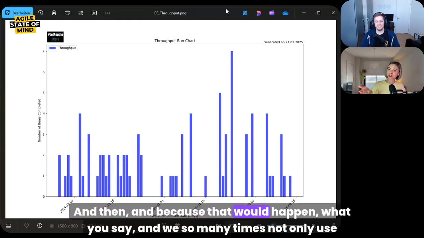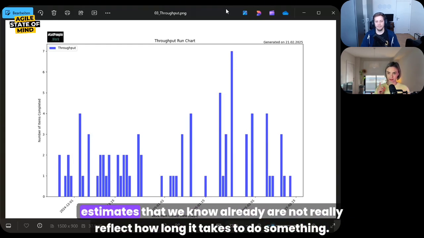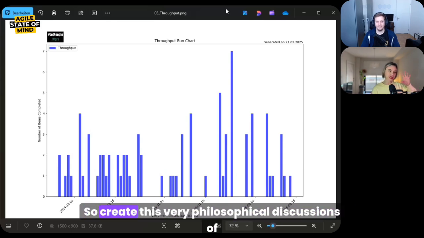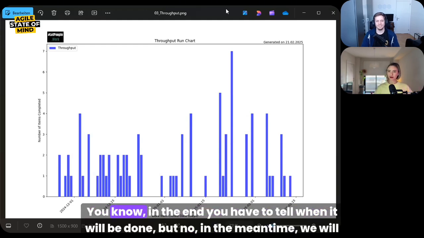Exactly. And that happens, what you say. So many times we use estimates that we already know do not really reflect how long it takes to do something, and somehow we decided to decouple it from how long it takes, right? So we create these very philosophical discussions, because in the end you have to tell when it will be done.